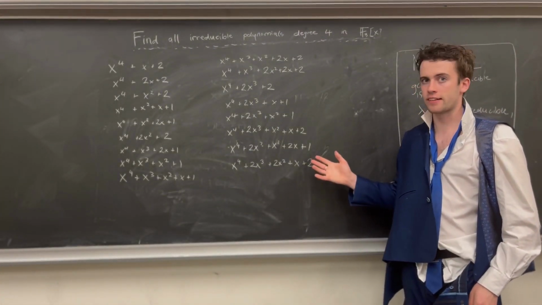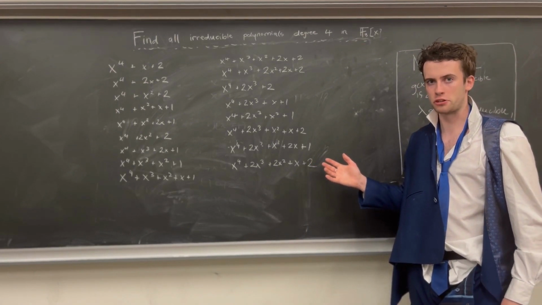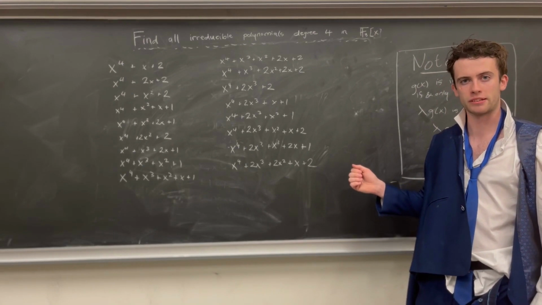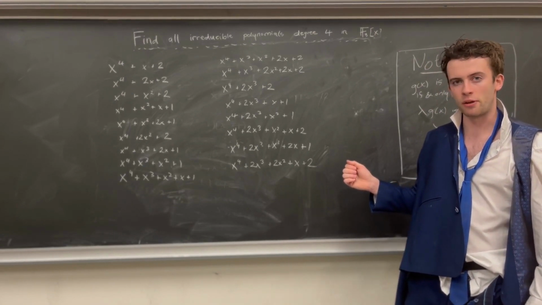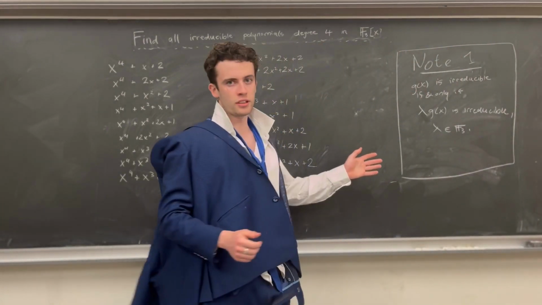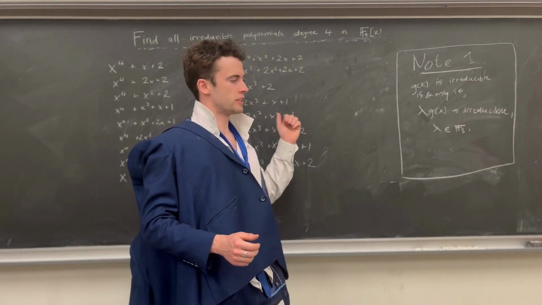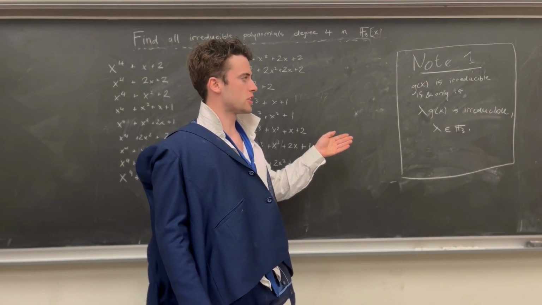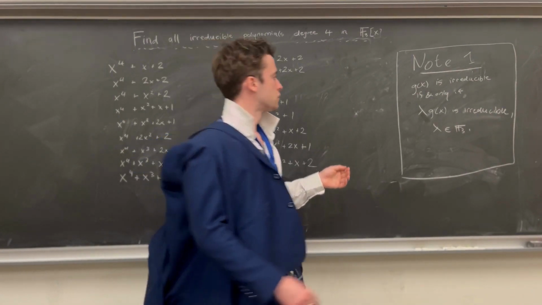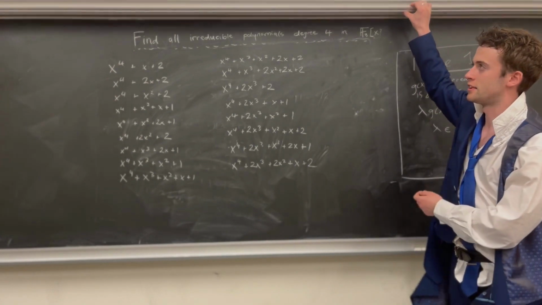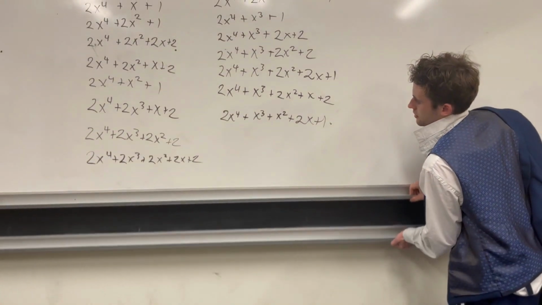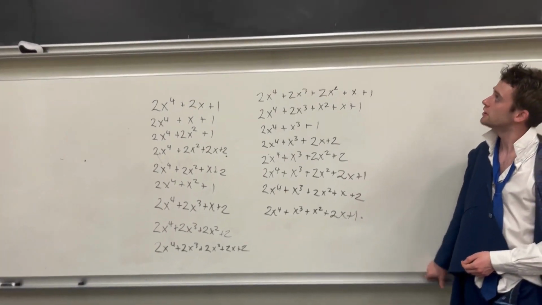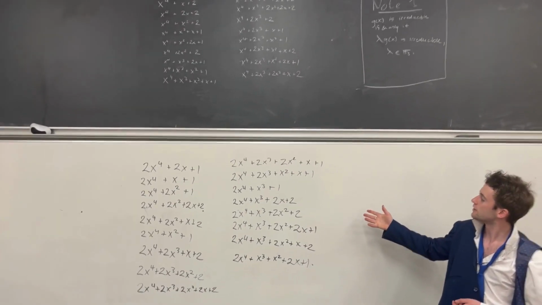This is a set of all monic irreducible polynomials of degree 4 in the set of polynomials over F3. However, because of note 1, we can only include these polynomials, and they will only be irreducible if lambda times t is also irreducible. So we've multiplied all of these polynomials by 2 to give us 18 more polynomials. So this, altogether, is a set